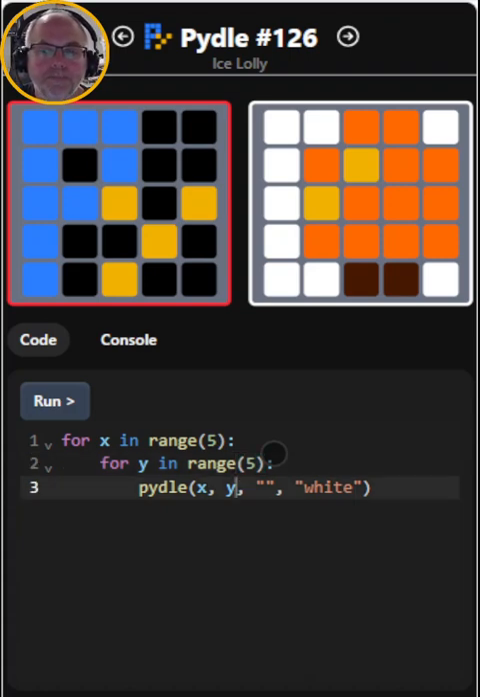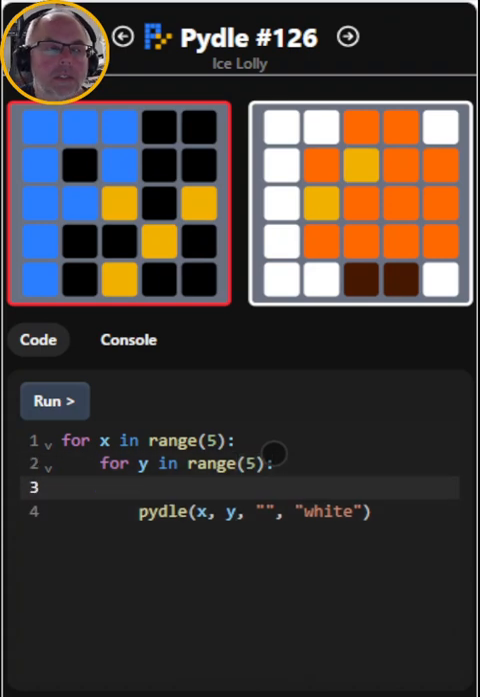Okay, so we're just going to use the two loops that's there by default. So x in range 5, y in range 5. And we're going to do the whites and the browns together. So let's do an if statement. If x equals 0 or y equals 4